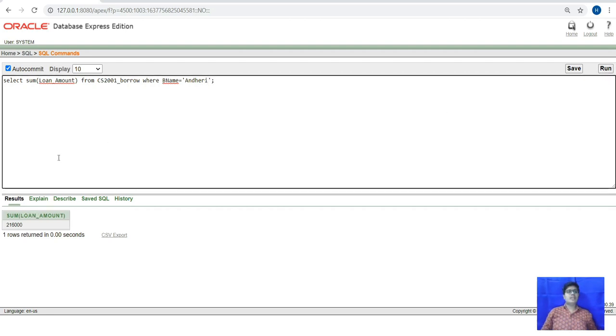When we run, the total is printed for the branch name Andheri, the total loan amount.